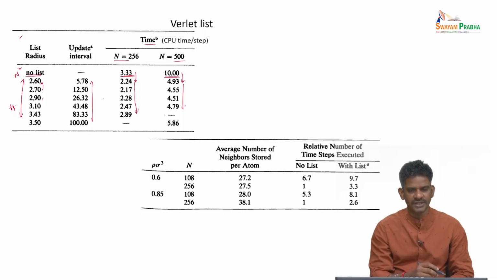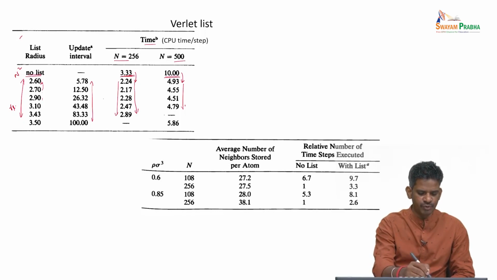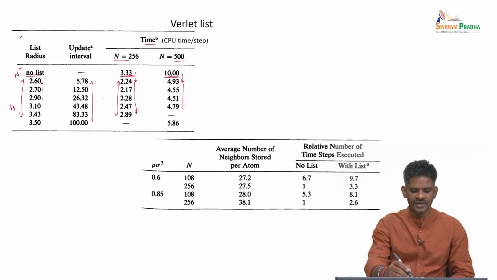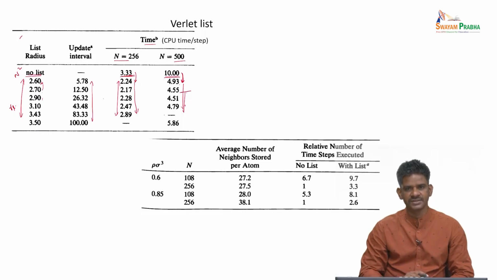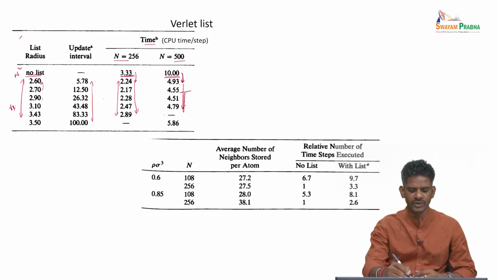and you can see that increasing the R list is not really beneficial beyond a certain list radius. For example, if you look at 256, I think beyond 2.6 there is not much improvement. In fact, there seems to be a small increase in the CPU time. Similarly, if you look at the larger system of 500, a dramatic change in the saving of time happens only going from no list to 2.6 or maybe up to 2.7, and beyond 2.7 there is not really a big difference in the time saving. So you might wonder, why does increasing the list radius increase the time beyond a certain optimum